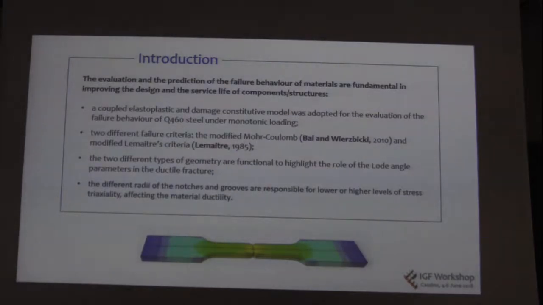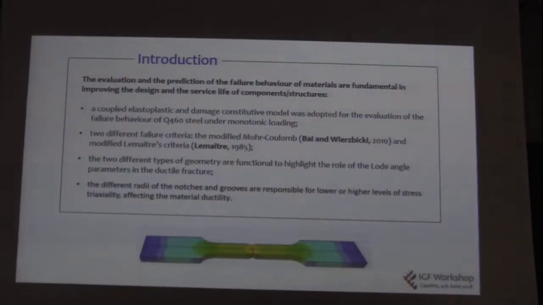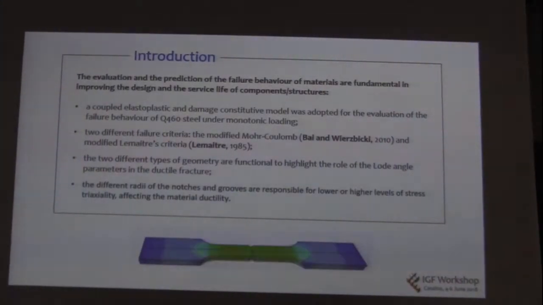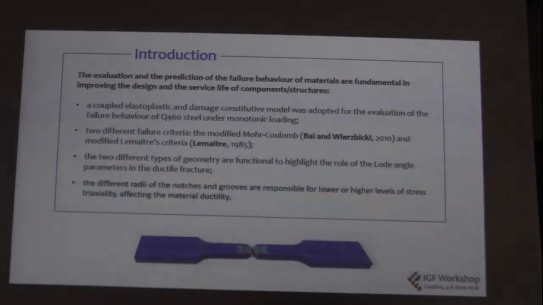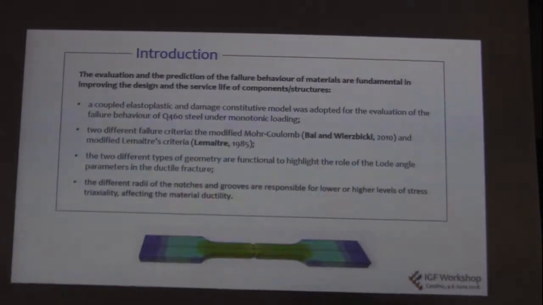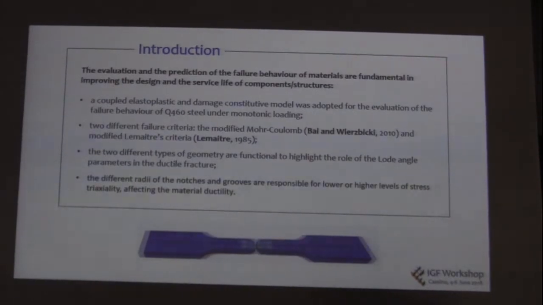And we adopted two different failure criteria. One is the modified Mohr-Coulomb, according to the presentation in 2010 of Bai and Wierzbicki. And the second one is the well-known Lemaitre criterion. We chose two different shapes for the samples. One are flat grooved plates, and the other one are round bars with notches, in order to highlight the role of the load angle parameter and the different notch radii in order to take into account the effect of the